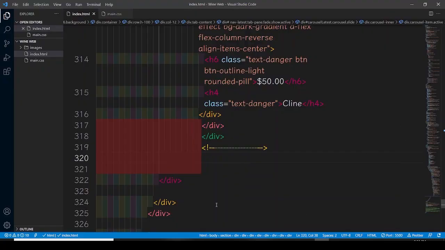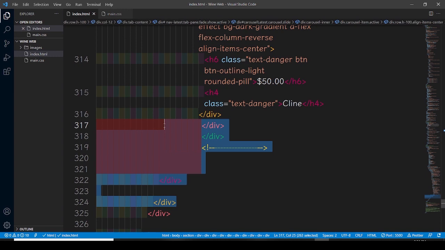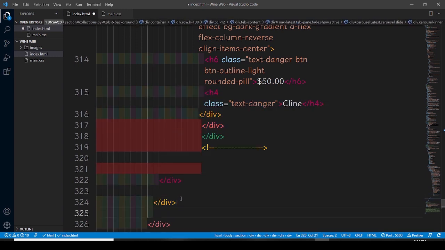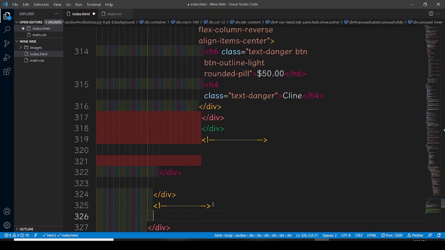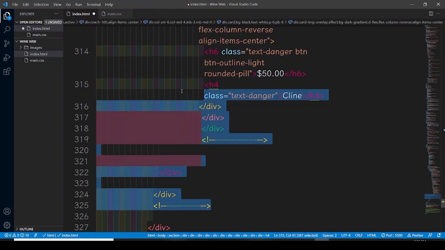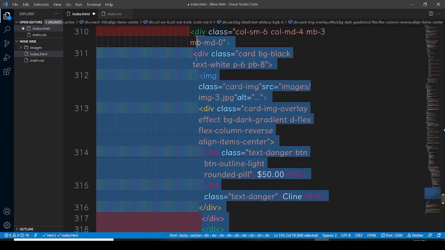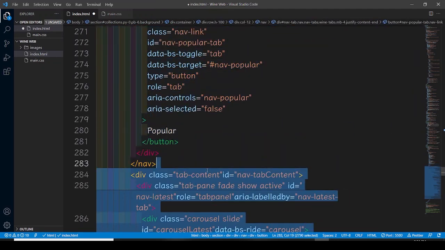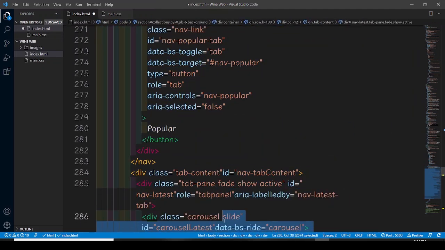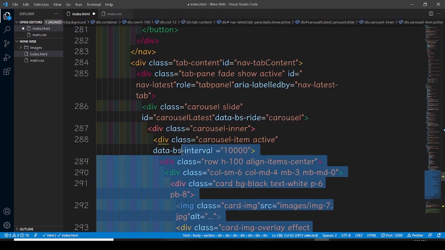Okay, so what we have to do next, let's copy and paste this. First of all, just for my convenience, let me have it here. I'm gonna tell you what I'm gonna copy. I just want to copy this div carousel item active class, but I'm gonna remove something. I'm gonna make some changes. So I'm just gonna copy this. I've copied it from here,